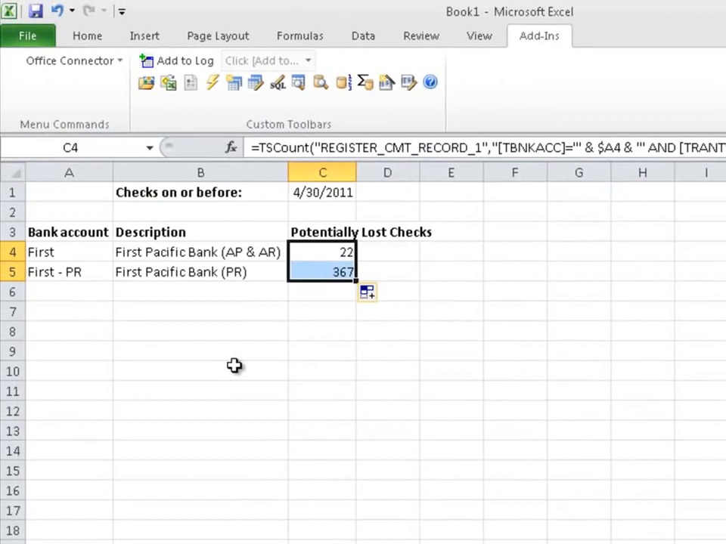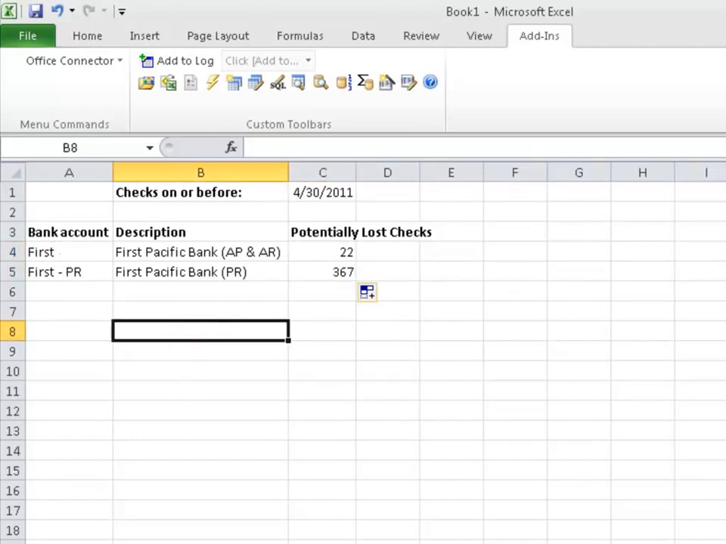So now that I've got a count of the old checks, this is summary information. I want to get some details. I want to see exactly what those 22 checks are. Since each of these is based on a particular bank, I'm going to make an input cell here for a specific bank. And I'm going to call this bank account